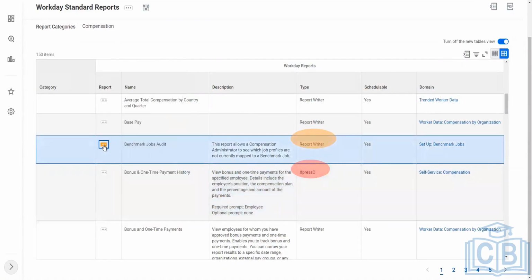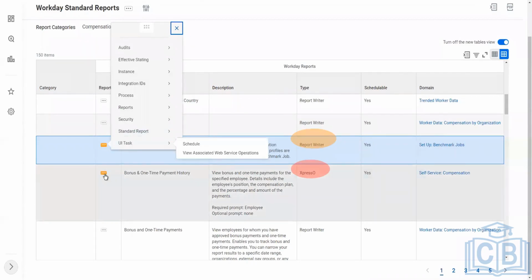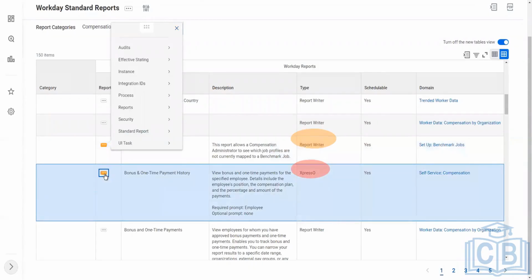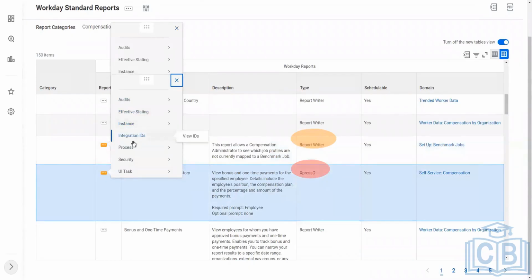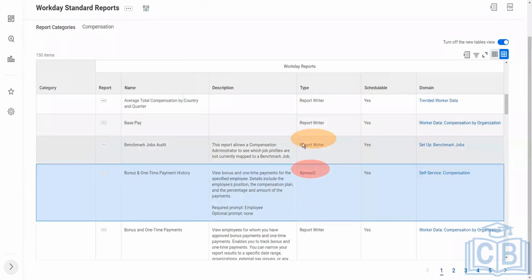this other one, benchmark jobs audit, let's see if I have any security permissions. Let me click on that. You see, I have the option for standard report and I have the option to run it. But for the other report, the espresso one, I do not have the option to run the report. I only get the option to see effect instance, integration IDs, process security, basically all useless tasks. I cannot run the report for myself. Anyway, the point is the reports that are created using report writer,